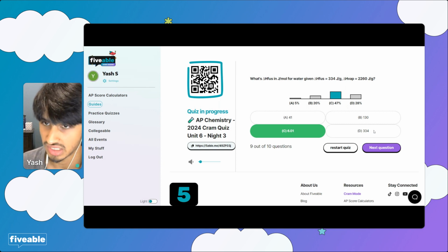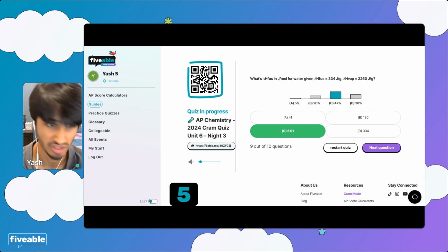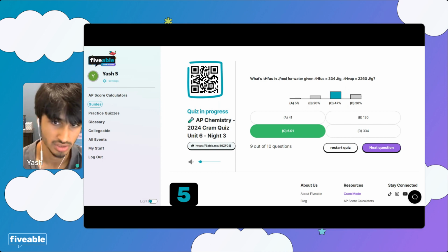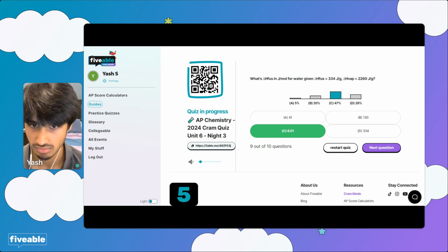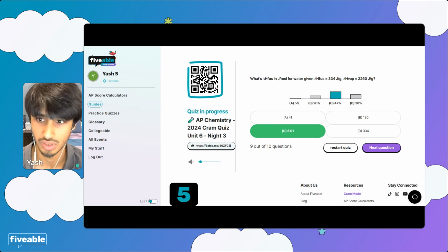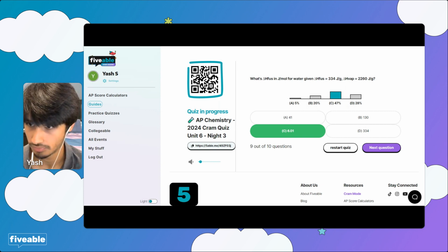Does that make sense? D is incorrect because that is, again, the joules per gram. This is a common trick they'll have you do, joules per gram versus joules per mole. You don't need to use vaporization because the question is just asking about fusion. It's just extra information. They're trying to trip you up. 41 is roughly the heat of vaporization in kilojoules per mole for water. So no one really picked A, but still. And B, I'm not sure how we get to B. All right, are we good?